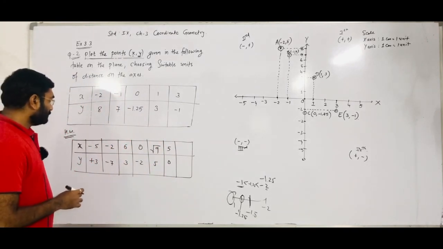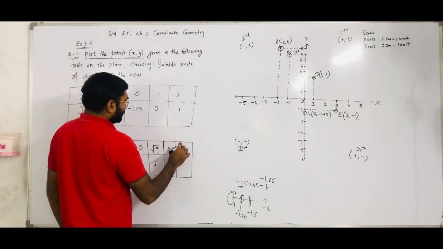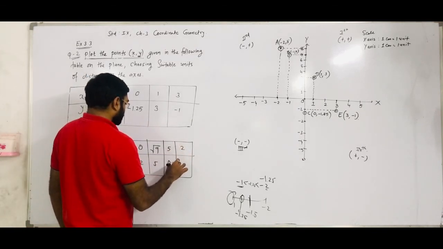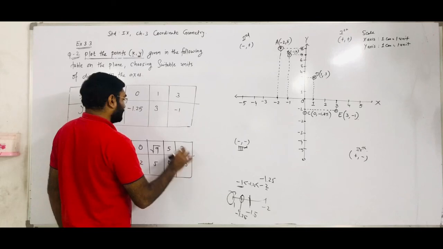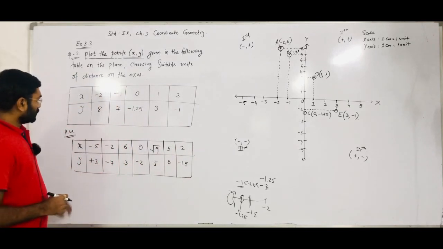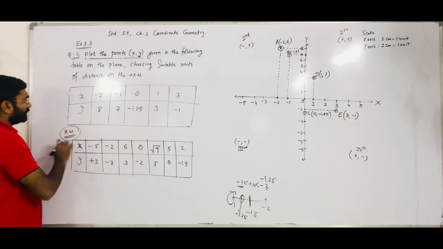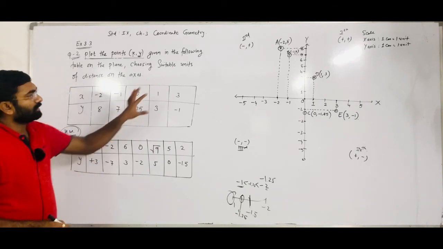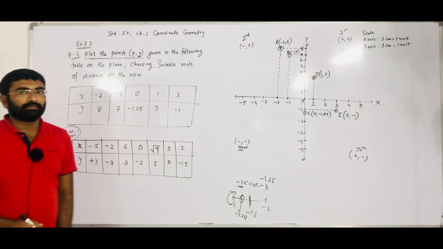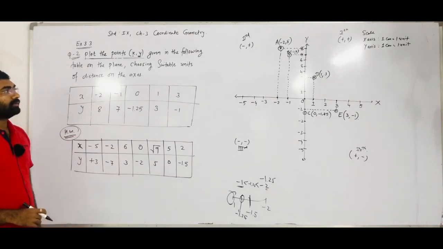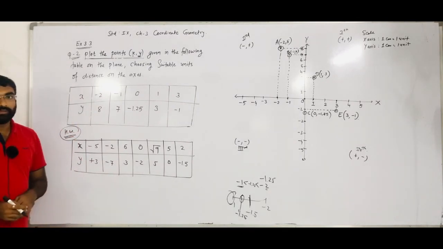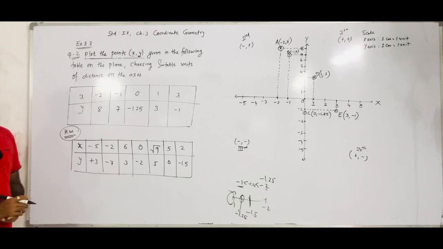And here I am giving 2, minus 1.5. Okay, so all these points you have to represent as homework and plot on graph paper, on a Cartesian plane, right? So here our chapter number 3 is over. Okay, so next period we will start with the chapter number